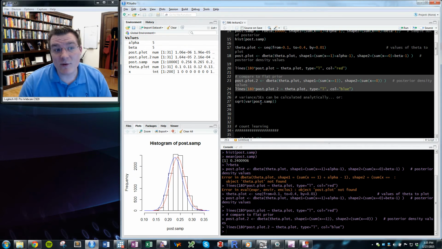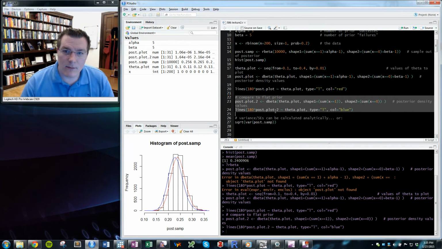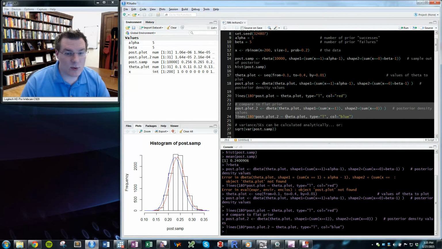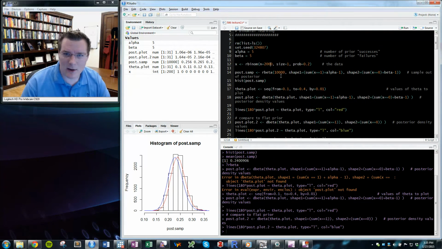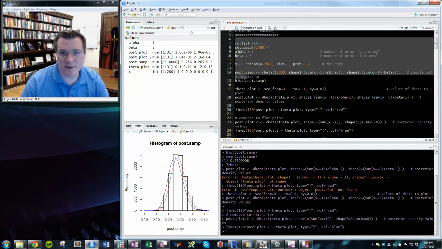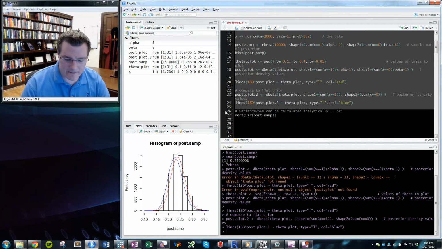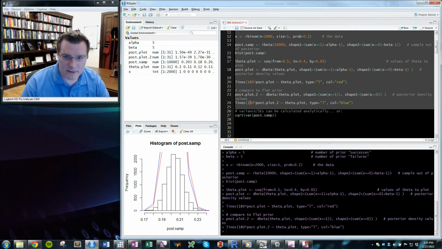Secondly, when the information is not accurate, yes, it's true, we're going to suffer the consequences of that. But as the sample size of our data set gets very, very large, the prior is going to be overwhelmed by the information contained in the data anyway. So all I've done here is just increase my experiment from 200 flips of a coin to 2,000 flips of a coin. And if I do that and just repeat my whole thing over again, it looks like they didn't quite,